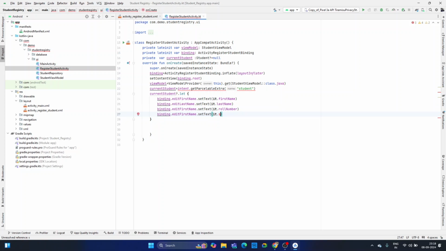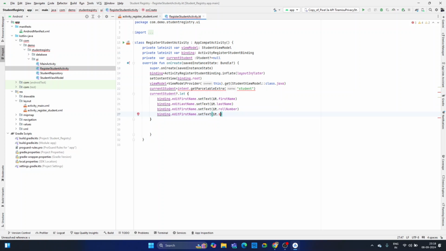Okay, and this is last name, this is for edit roll number, and this is for edit school name. Okay, so we are getting the data from here, and then we are setting it here,